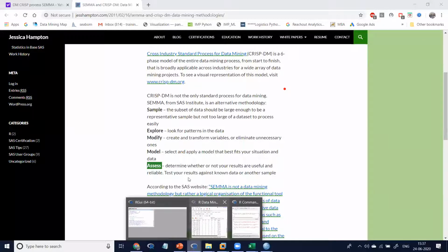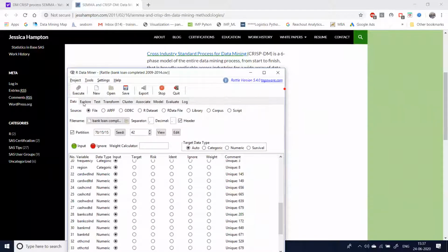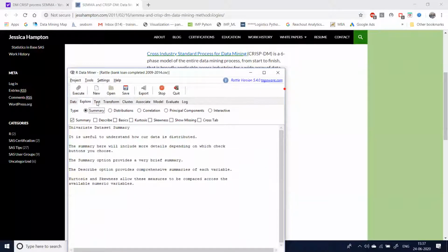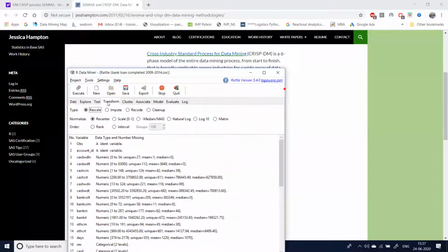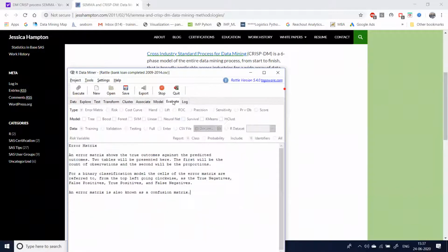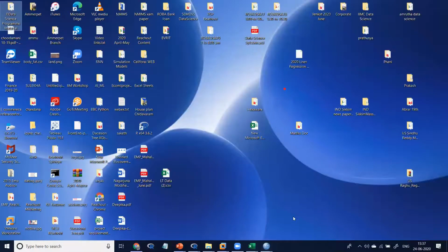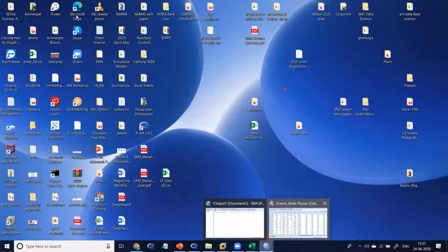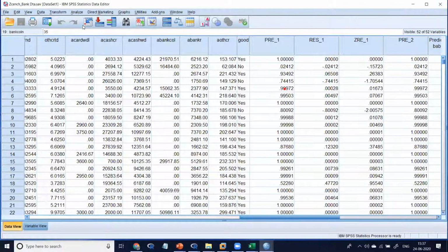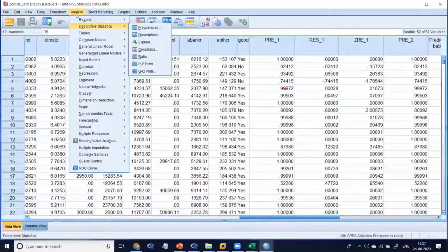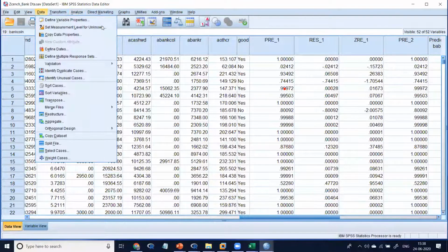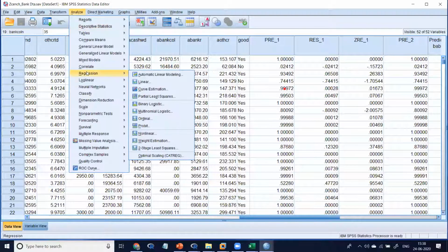Come to R: explore, modify, model, evaluate it. Come to another tool like SPSS: access the data, validate the data, apply the model.